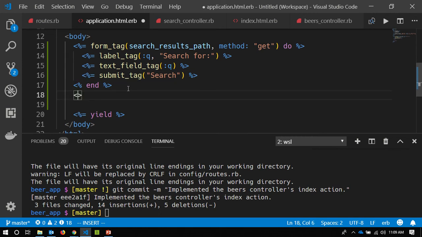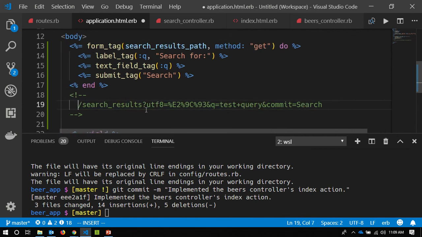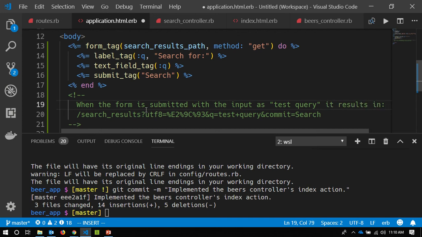I will drop that into a comment here. Take the whole URL. I'll just say, when the form is submitted with the input as test query, it results in